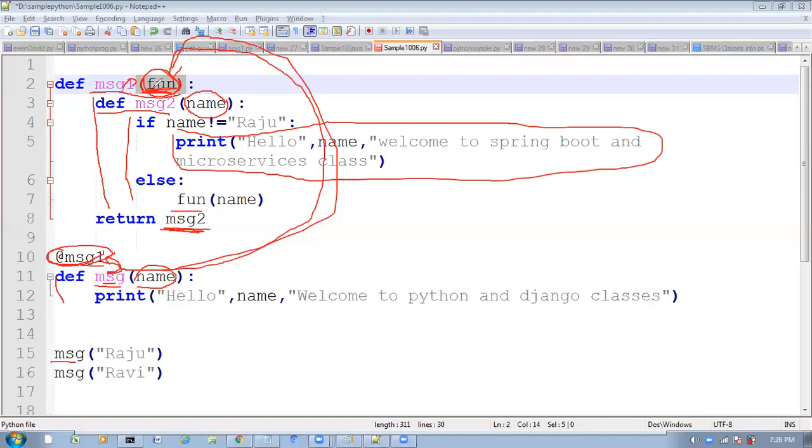Here fun is the input you are getting. Now the control will go to the message function, and it will execute this print statement here. Is it clear?